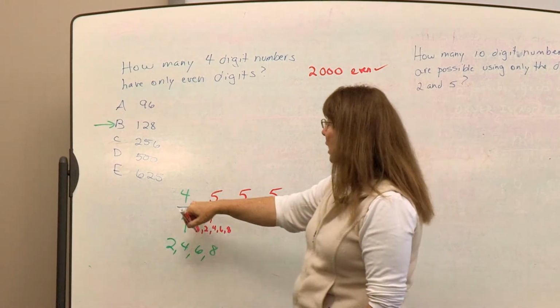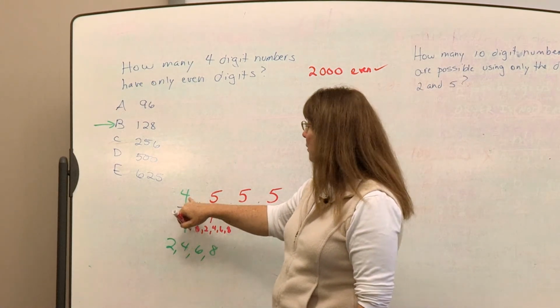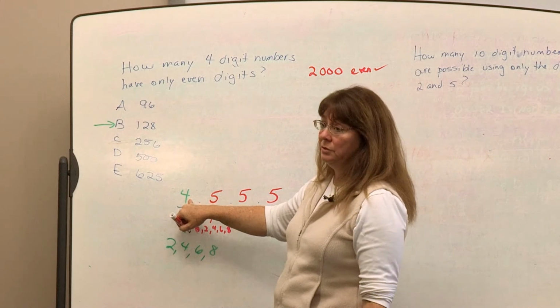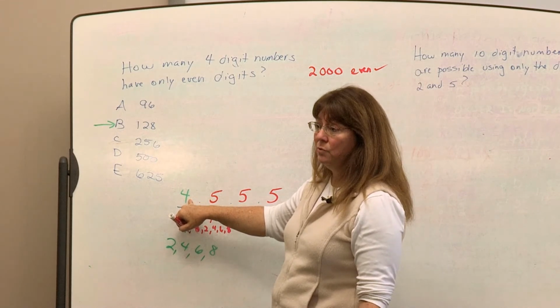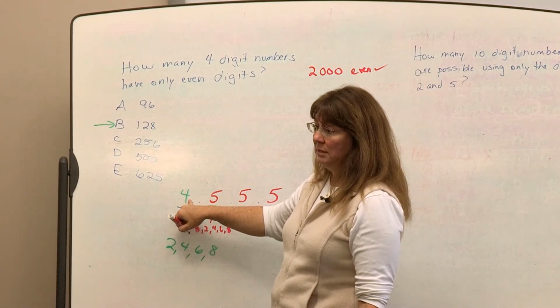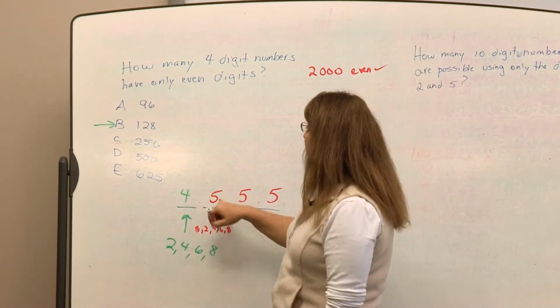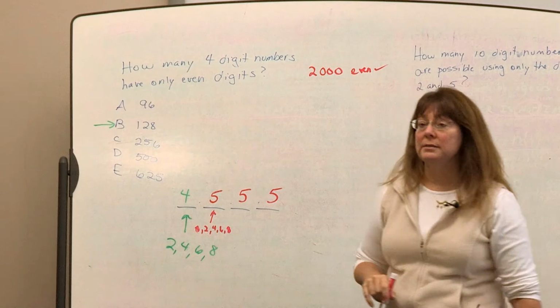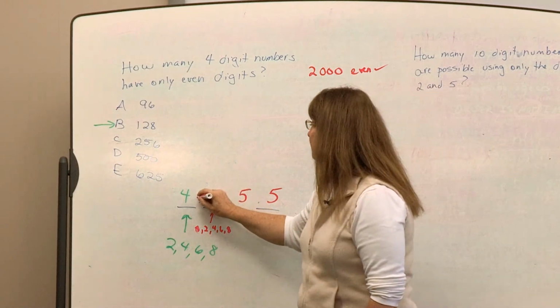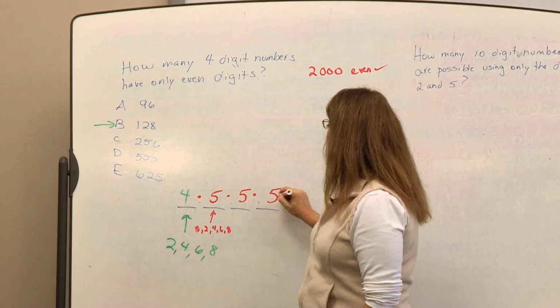So you're looking at how many options you have. For the first number, I only have 4 options. It has to start with a 2, a 4, a 6, or an 8 to be even. 0 isn't going to work because then I wouldn't have a 4-digit number. But I have 5 options for these other places. So if I multiply 4 times 5 times 5 times 5,